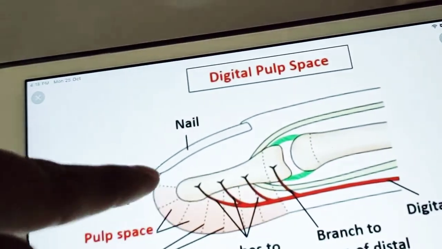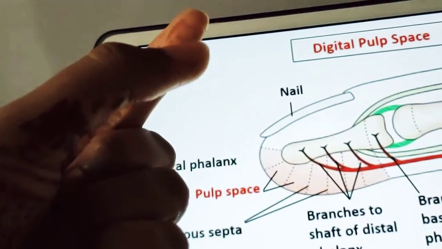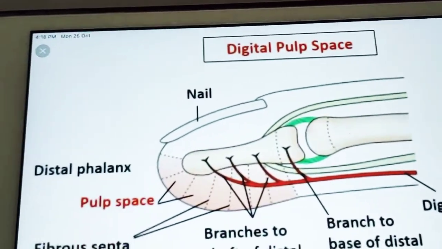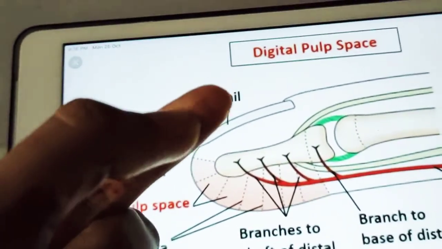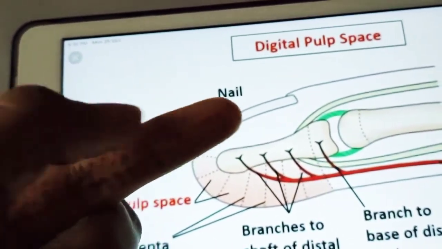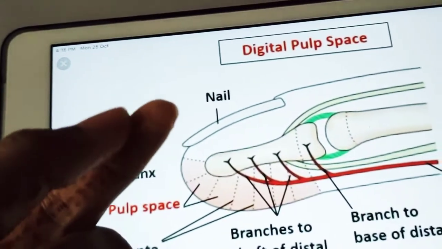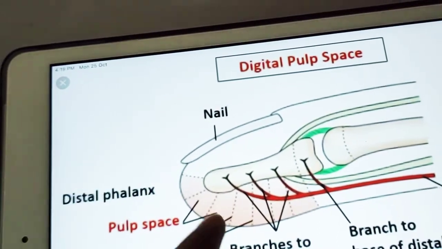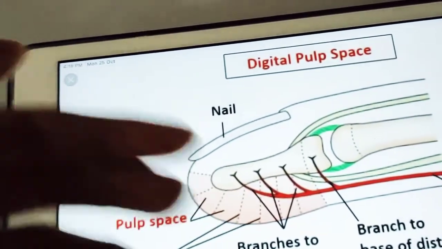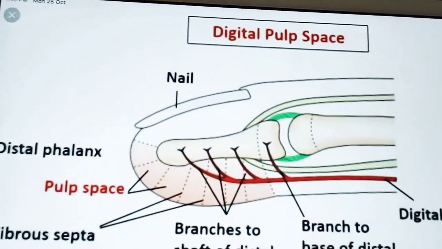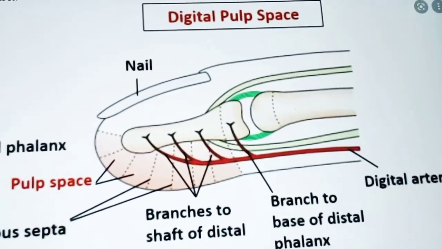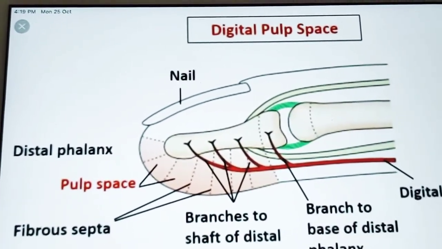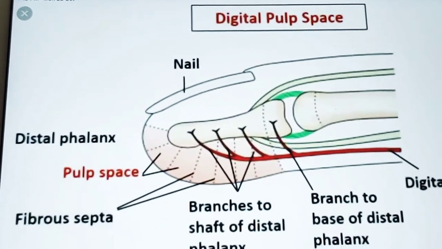Usually we do a lateral incision. For example, this is my hand, and lateral means this side. If you do a lateral incision and remove the fluid, it is much easier than a middle incision, because with a middle incision the tactile sensation of your finger may be lost. To prevent that, surgeons always do a lateral incision, because the pulp spaces are there and any fluid can easily ooze out. So mainly we open the lateral compartments and avoid damage to the tactile tissue in front of the finger.